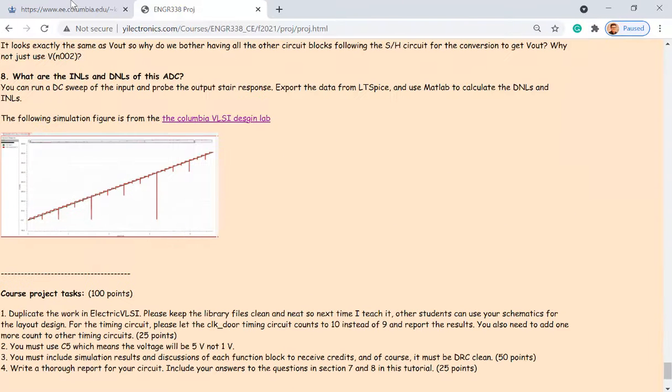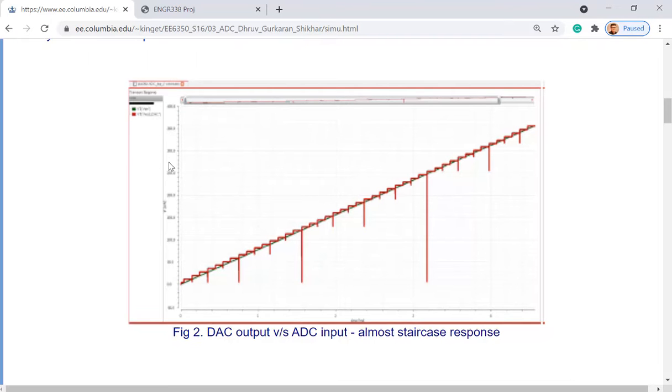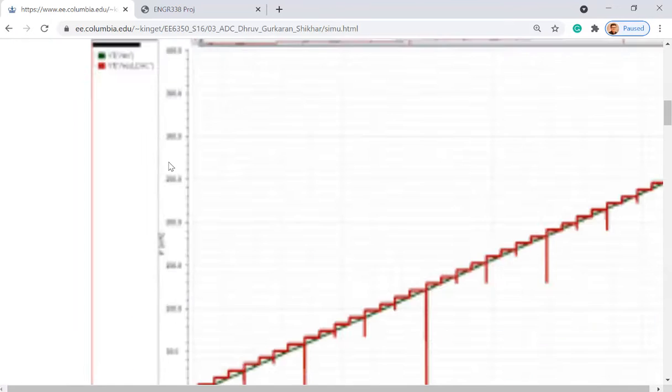I just directly copied it from this website, right? This is the same figure. You couldn't even read what these values are, right? Anyway,